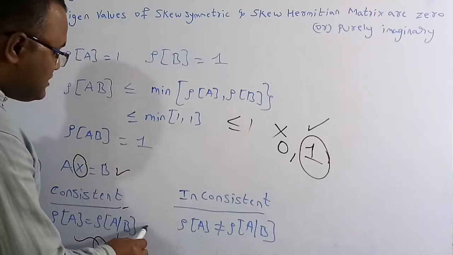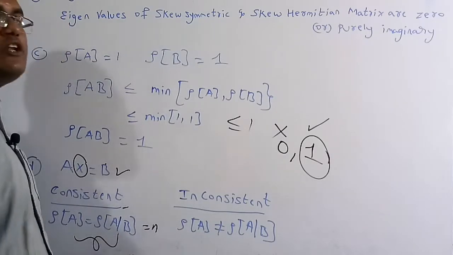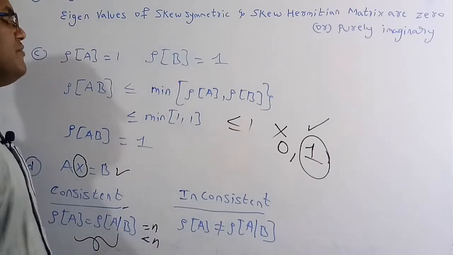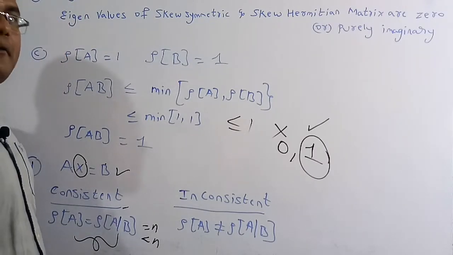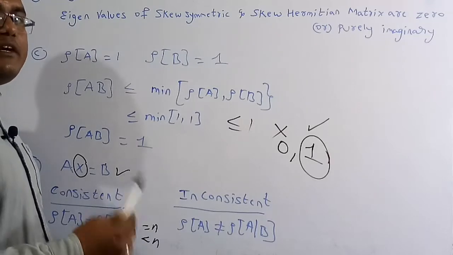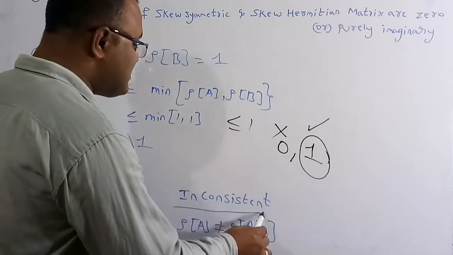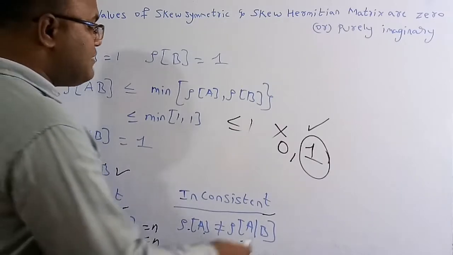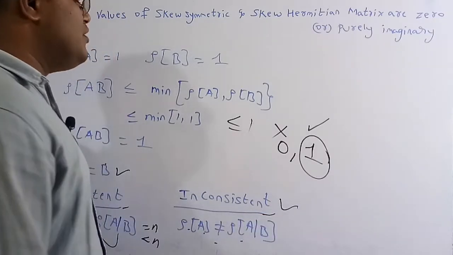So therefore, if it is equal to the number of unknown variables, then we are going to get the unique solution, and if it is less than the number of unknown variables, then we are going to get infinite solutions. Consistent means we are going to get solutions, but inconsistent means whenever the rank of A is not equal to the rank of the augmented matrix, then we can say no solution is going to exist for